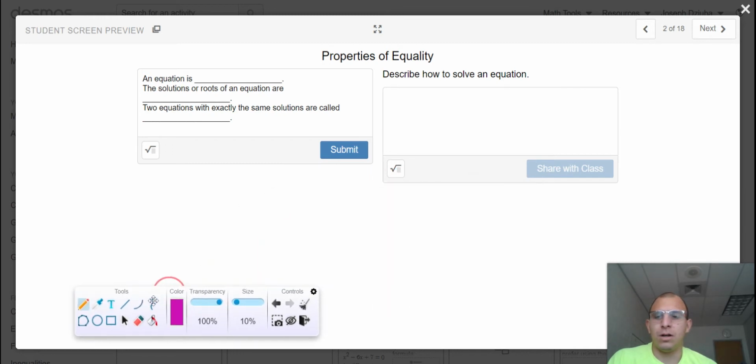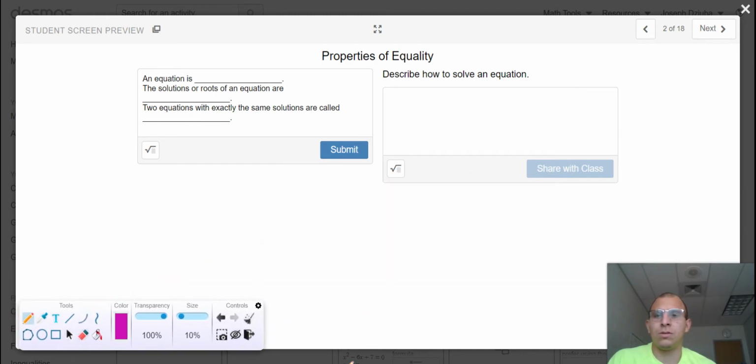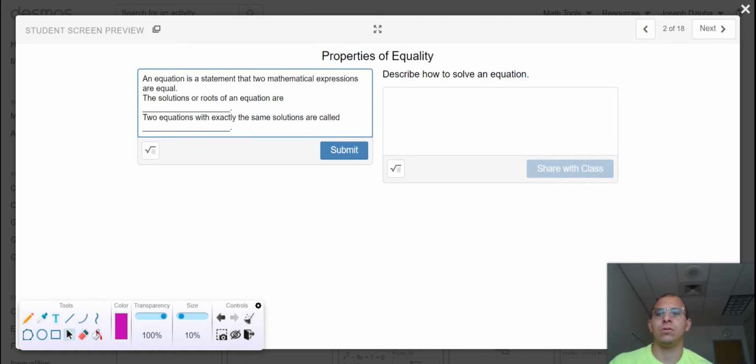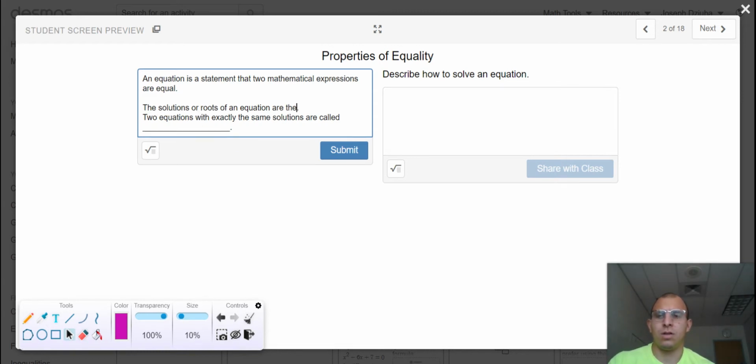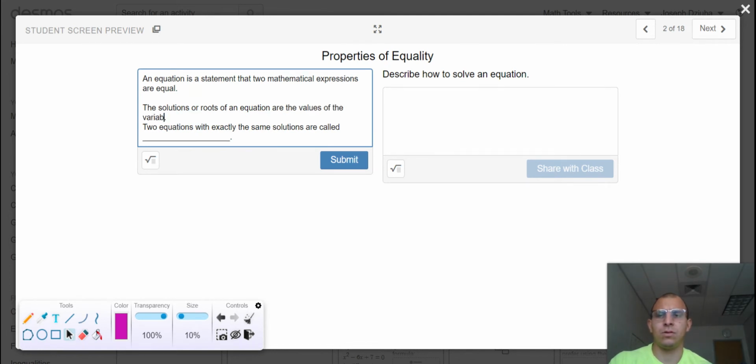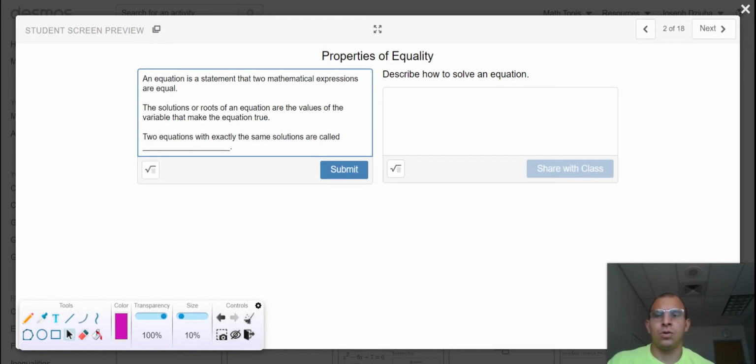Let me move my little pen tool. An equation is a statement that two mathematical expressions are equal. A statement, two mathematical expressions equal. The solutions or roots of an equation are the values of the variable that make the equation true. We call two equations with exactly the same solutions